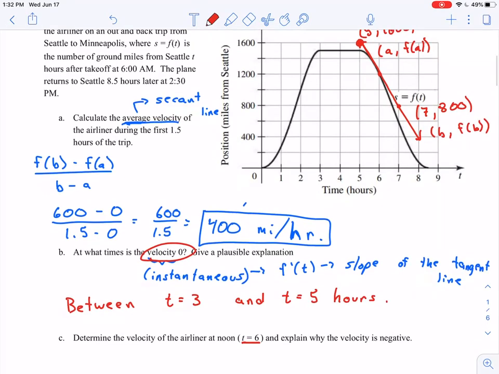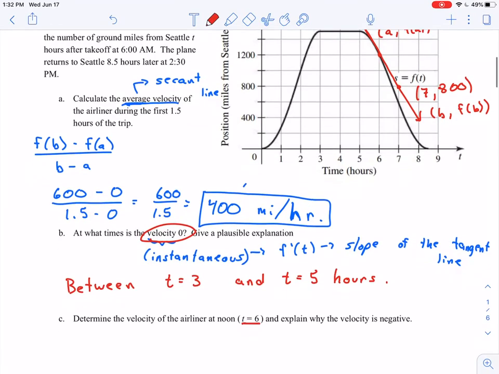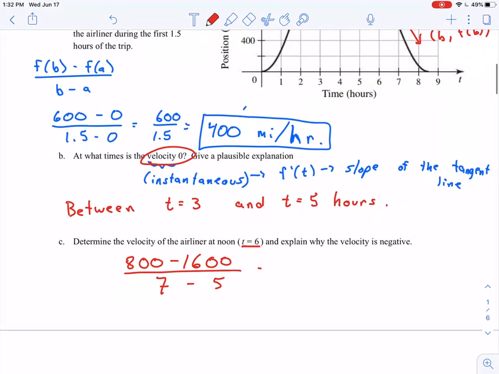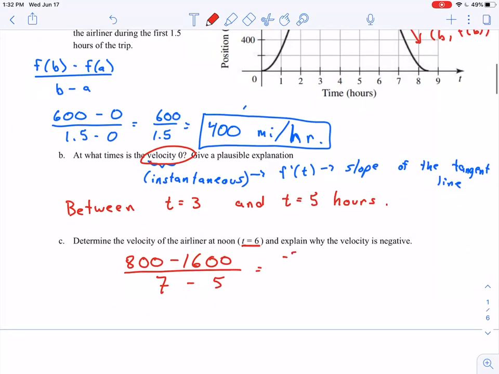So f of b minus f of a, that'll be 800 minus 1600 divided by 7 minus, we said that x value was 5, right? Yes. So I will have negative 800 divided by 7 minus 5, that would be 2,